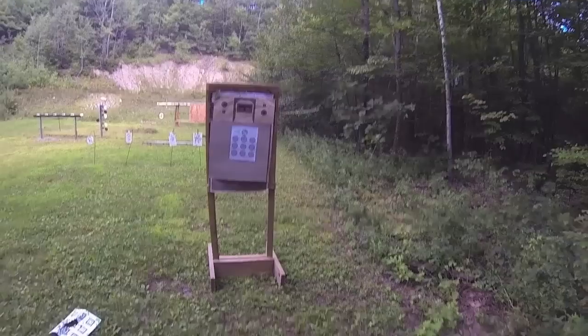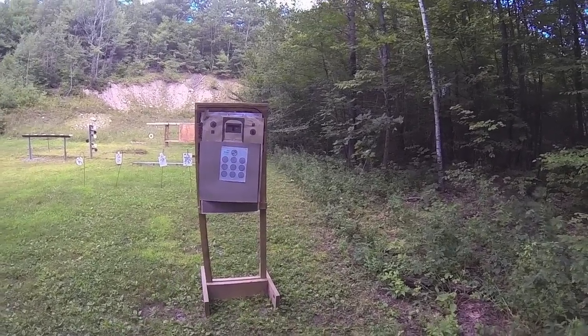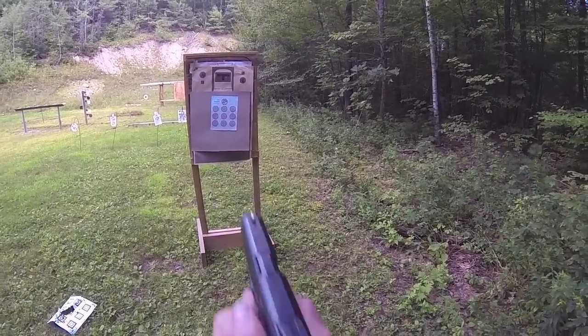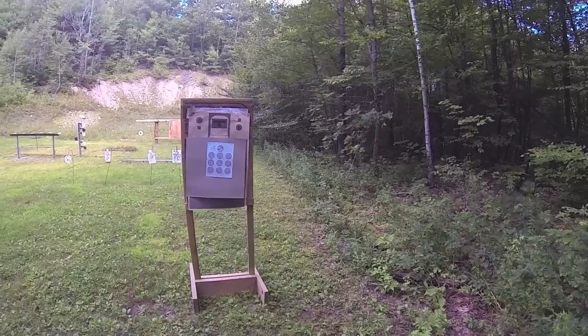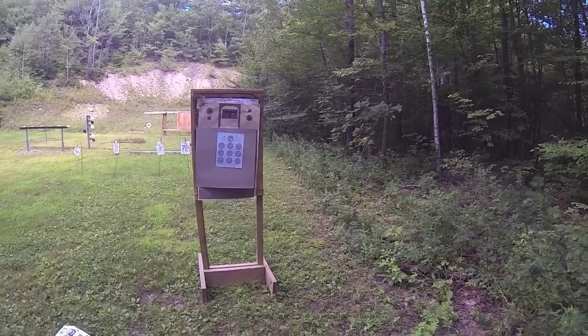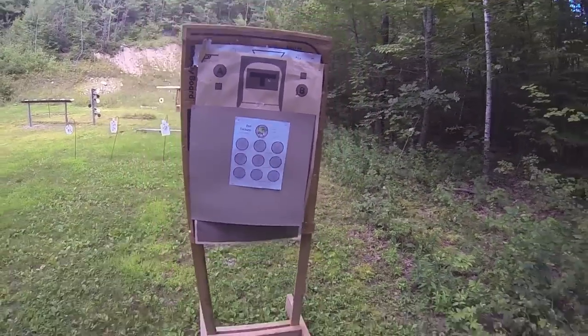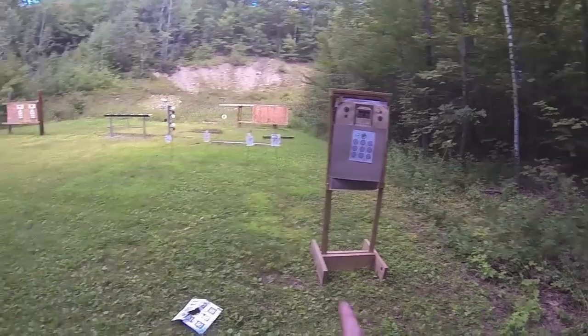Then from holster, I'm doing the same thing. Come up, press out, see that front sight. Come up, press out, see the front sight, press a shot. Come out, front sight, press a shot. So when we do that, we're putting them all in there for 3 yards away, which means when we transition